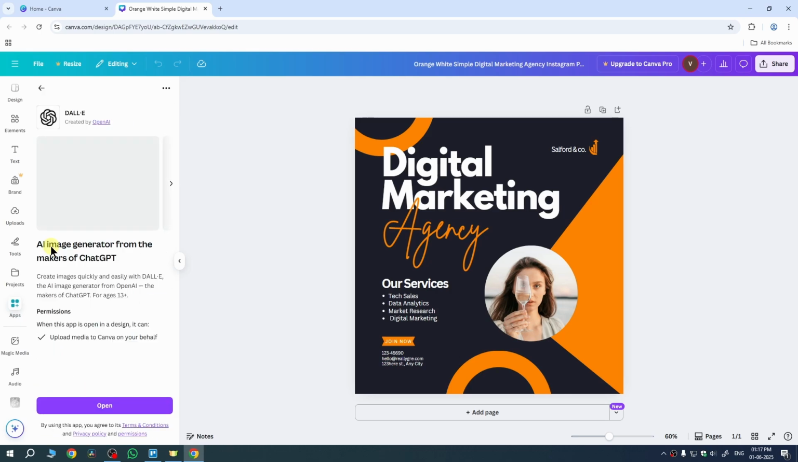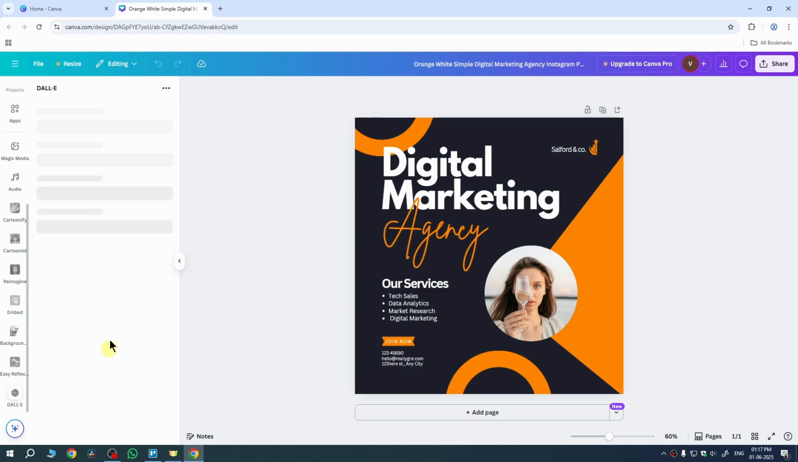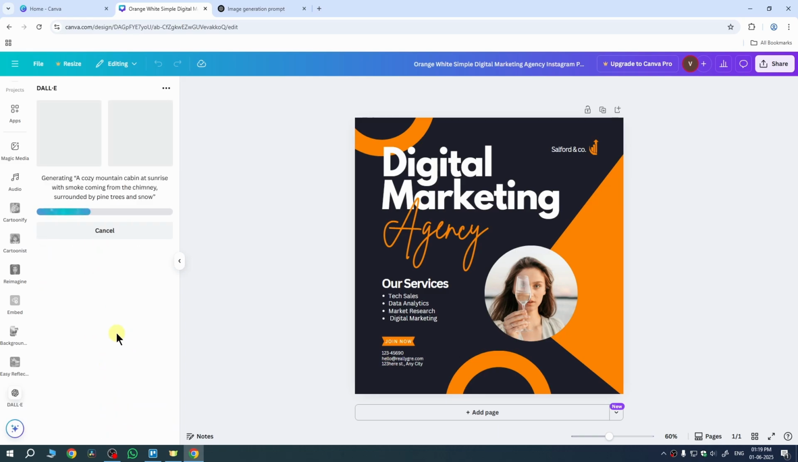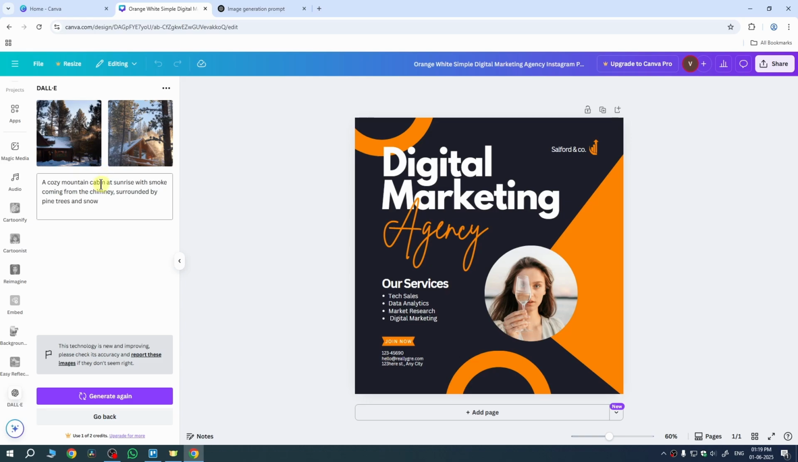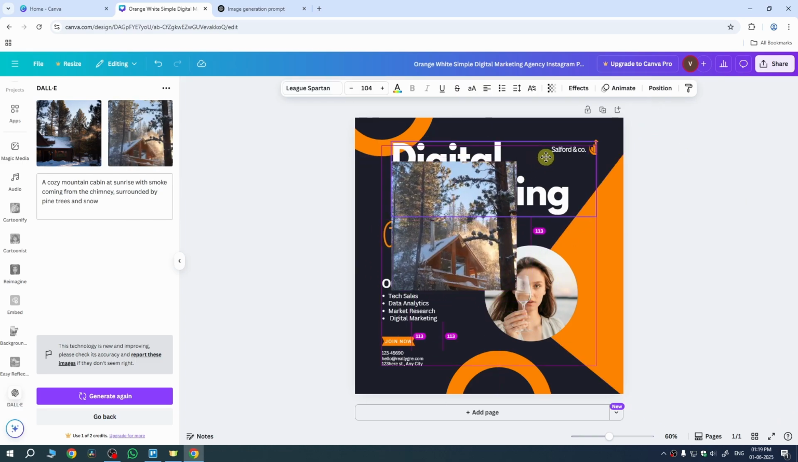So I just need to select it, and then it will show you all of the information related to that AI. Now we need to click on open, and then we need to provide our prompt in order to generate an image. Once you paste your prompt here, we just need to hit generate, and then it will start generating the image in Canva. So these two images are now generated. If you want to use them, then just click on it, and then it will automatically be imported into your project just like this. You can adjust their size. So this was the complete